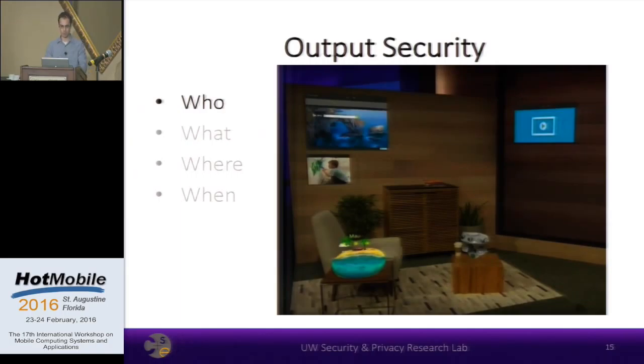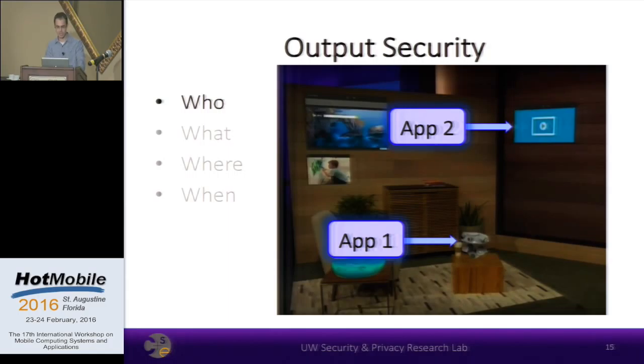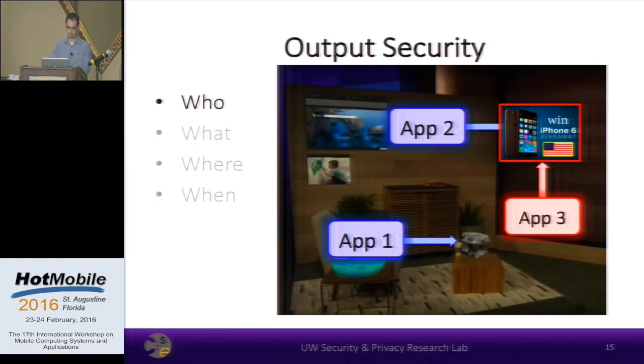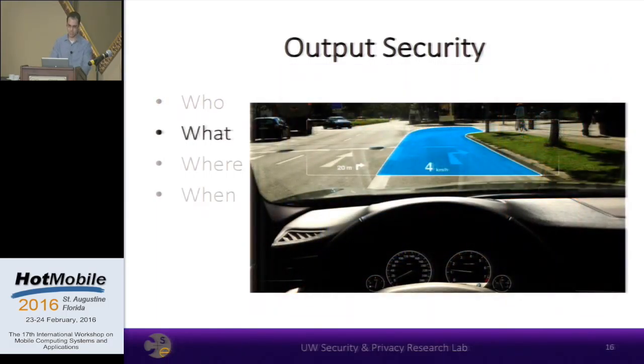So first we consider who or which application can display particular content. For example, knowing such information could be useful in disambiguating content generated by honest apps from content generated by more nefarious advertising or phishing applications, such as the one shown here. Next, we consider what kind of content apps should be allowed to display. For example, while it may be permissible for an automotive AR app to overlay route guidance information on a user's view of the road, displaying a virtual pedestrian, for example, could mislead the driver into swerving or crashing, leading to physical harm.